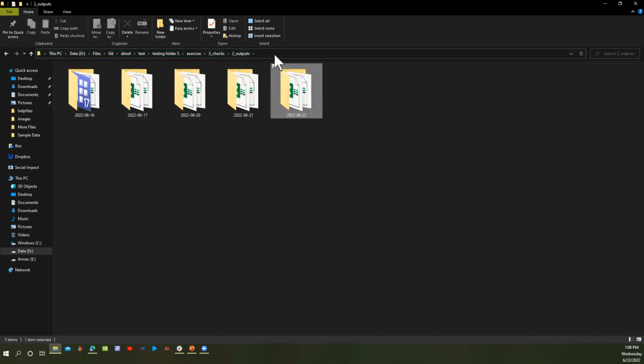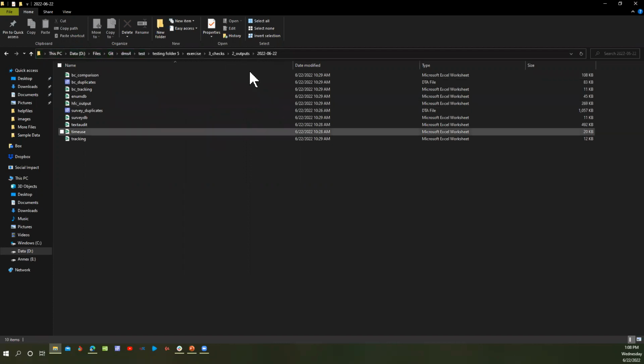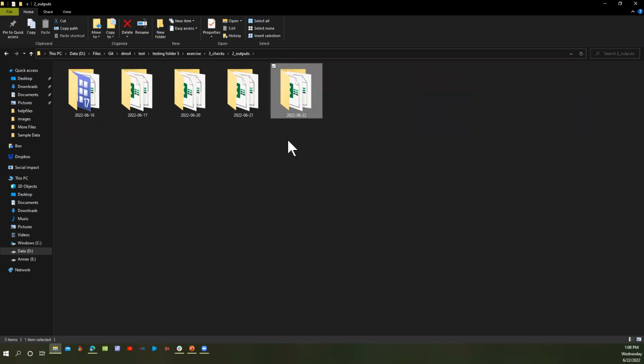So I can basically go in and see what the output was on, this is today, or what it was yesterday. And the dates are arranged in such a way that the current date is at the bottom. That would be the last folder that you want. So whenever you run it, you basically are interested in just looking at the last folder.